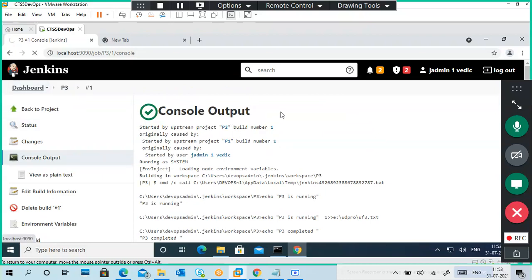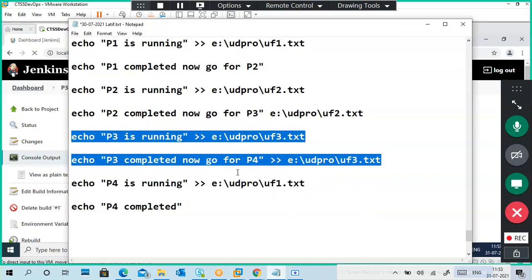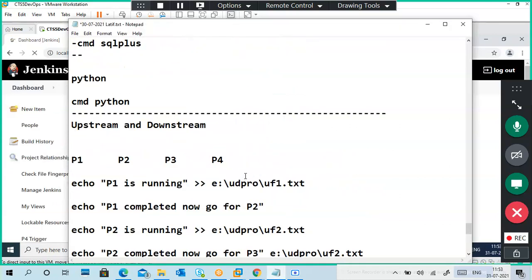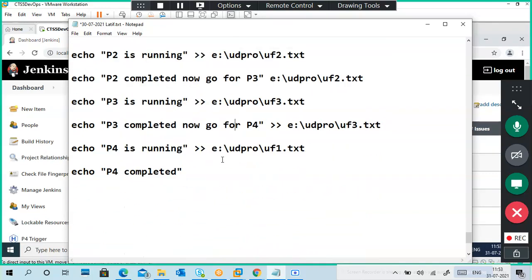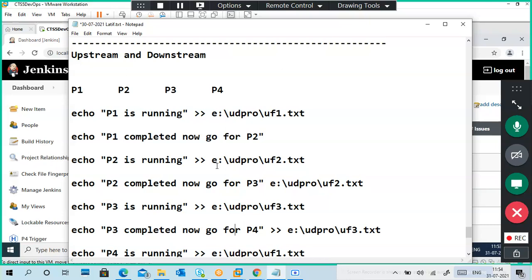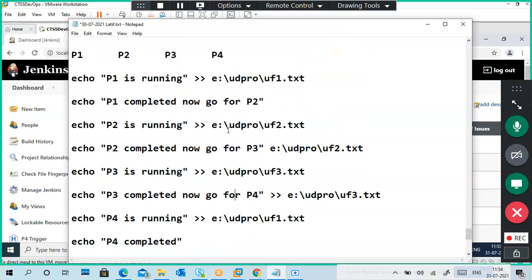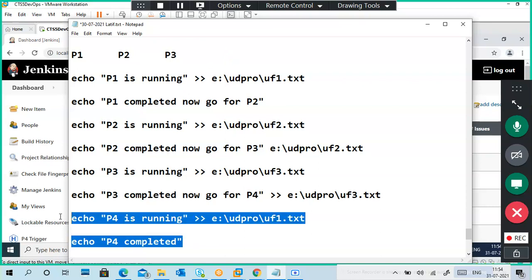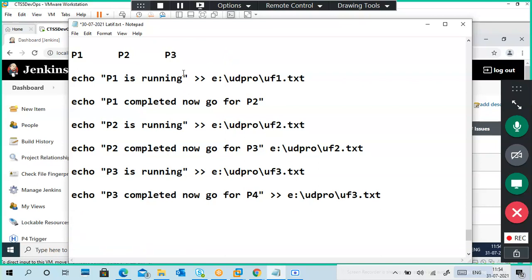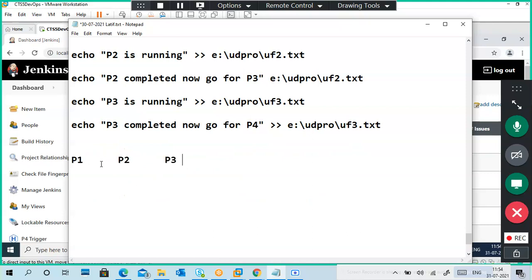This is called an upstream and downstream project. Here I simply took only P3, but you can take 4, 5 like that. So this is upstream.